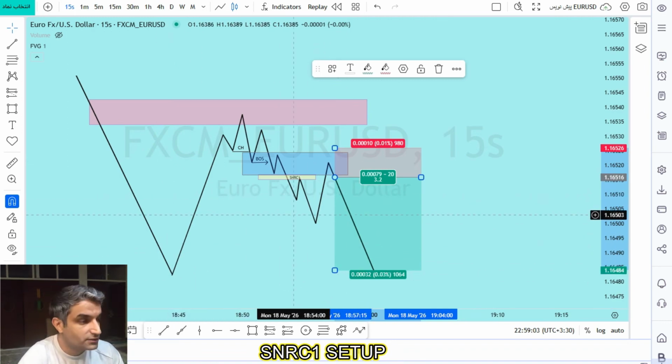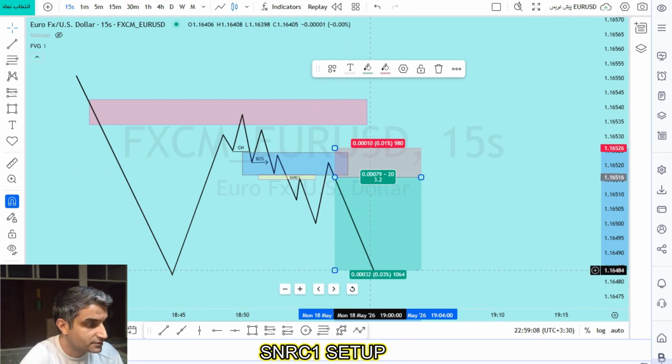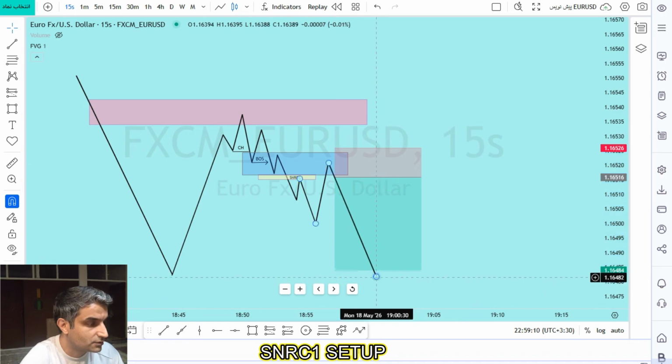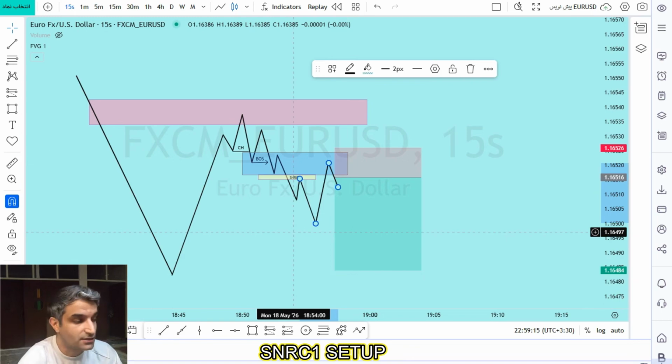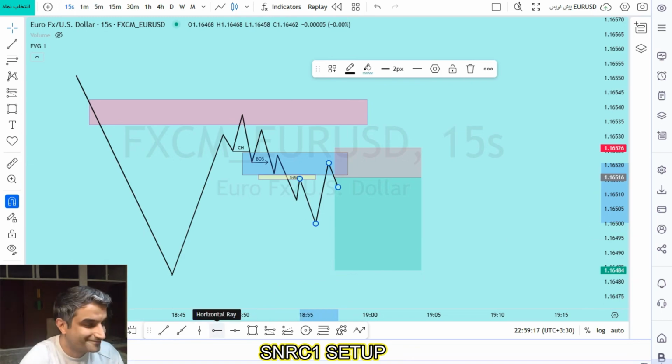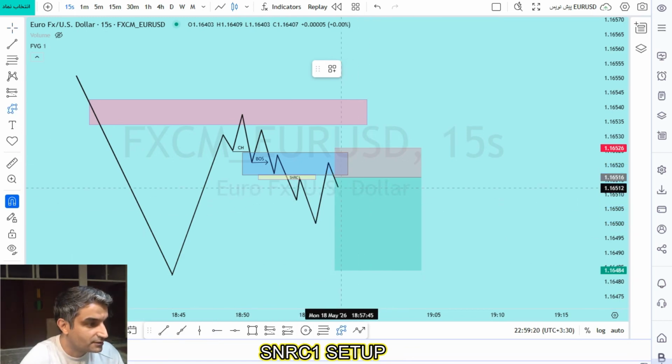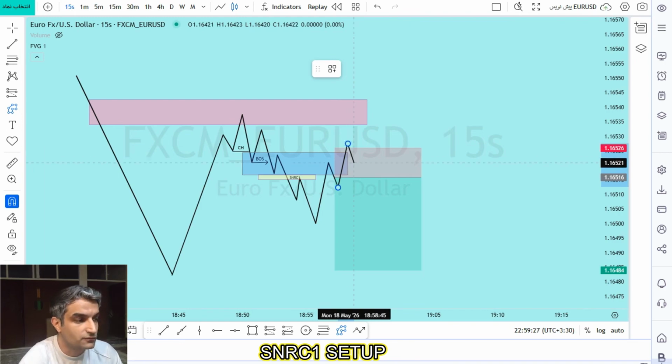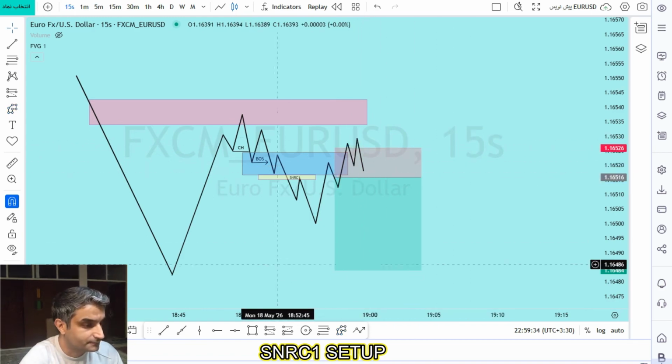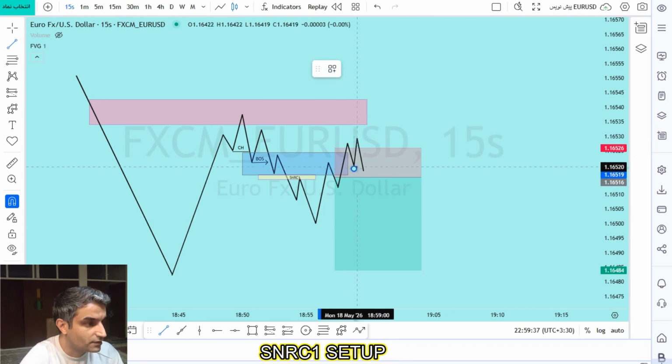And the second stop loss may be if price touches this area. I want to talk to you about the second scenario. Okay, maybe price comes up and takes our stop loss, and then we should wait to see what will happen in the market. And if we see again a change of character,